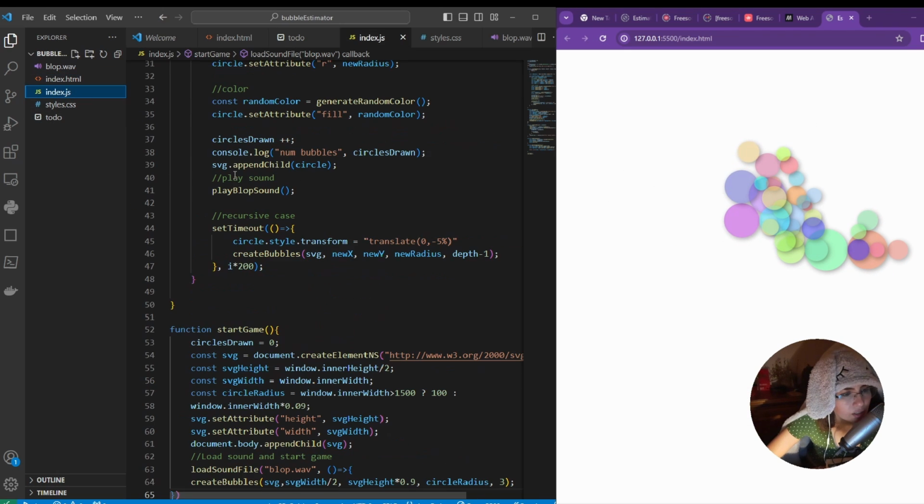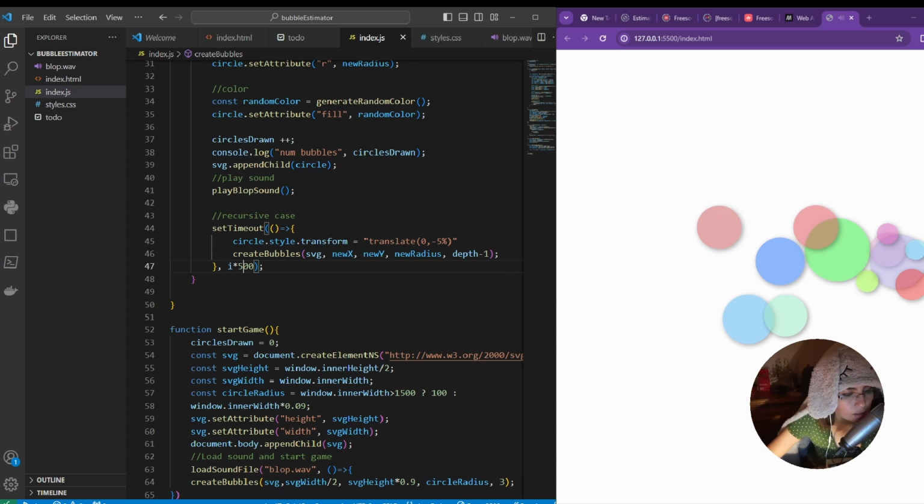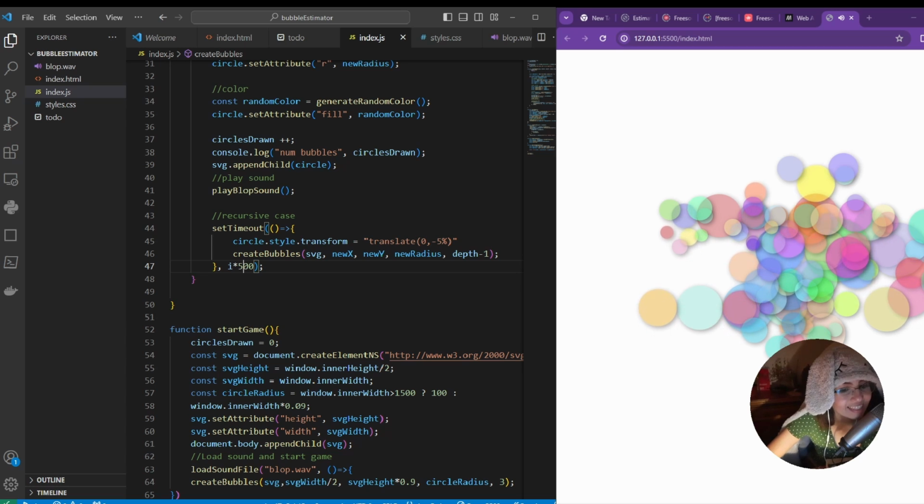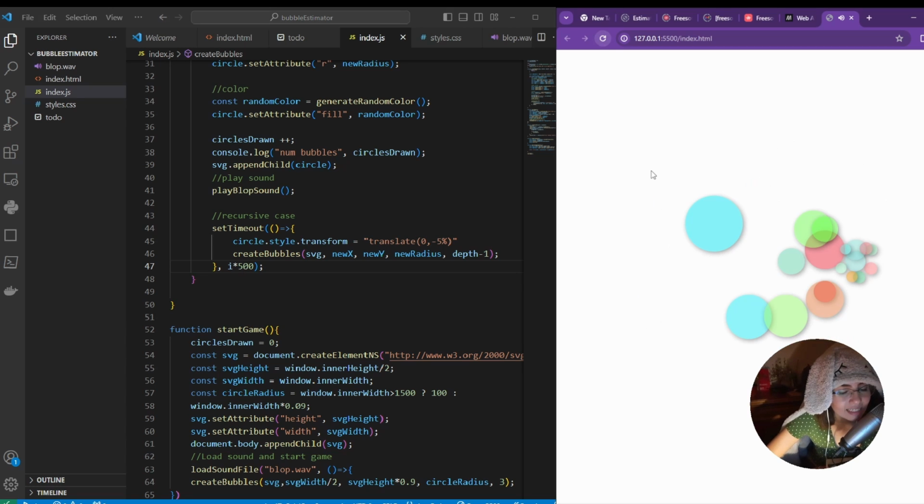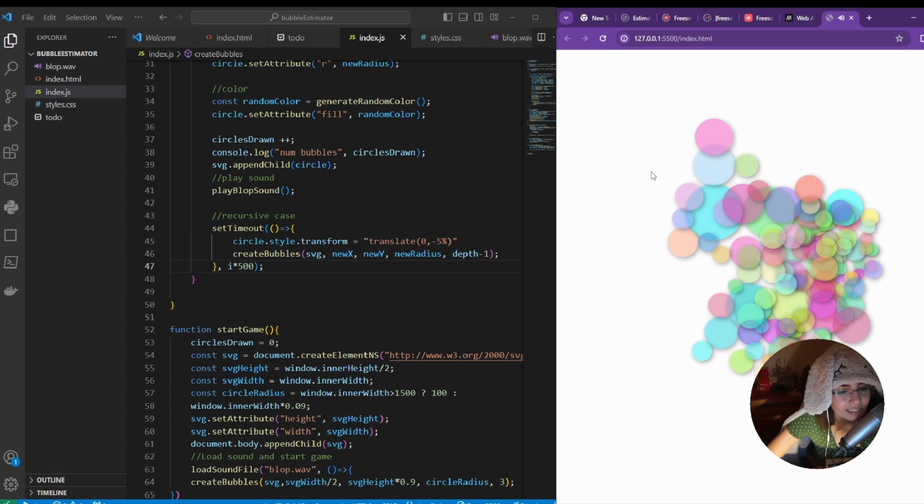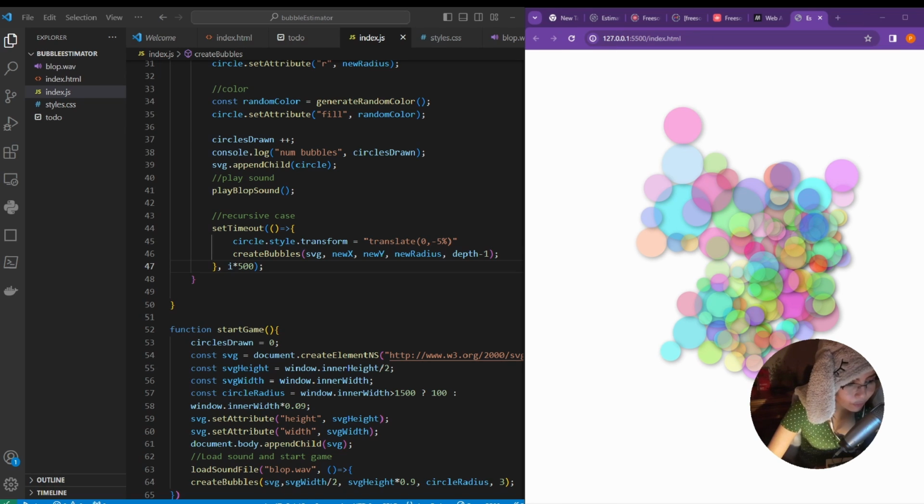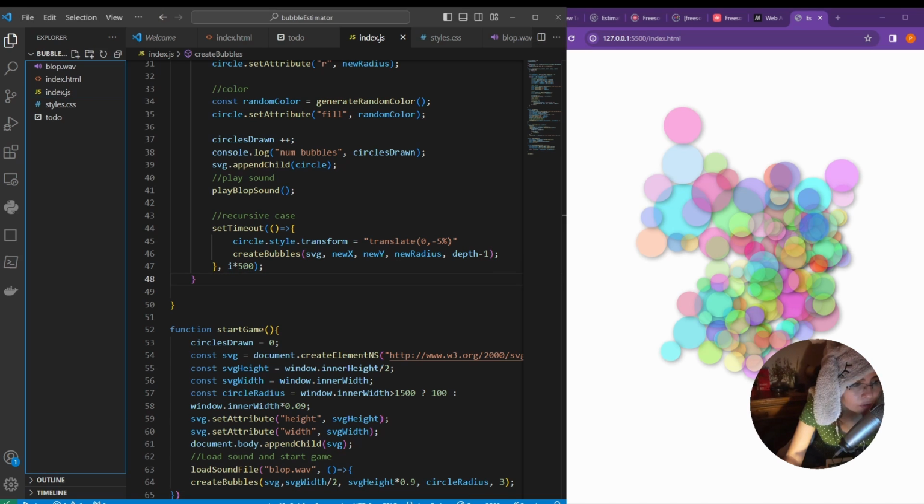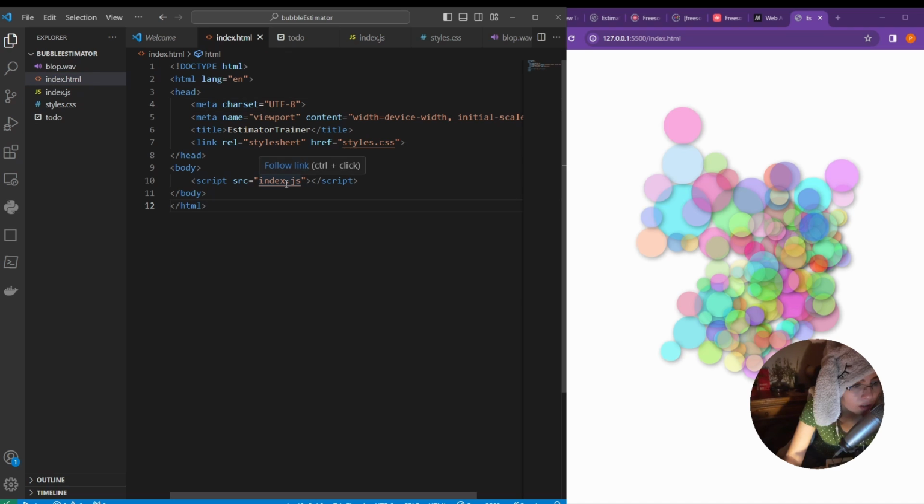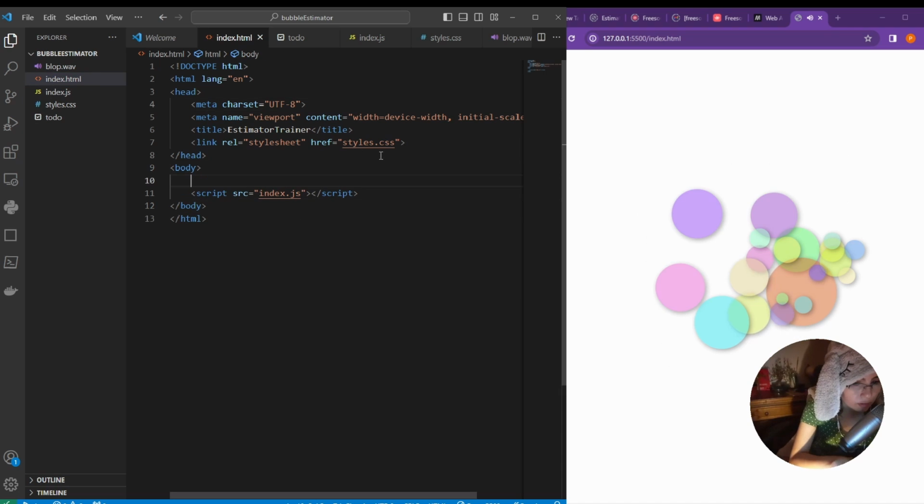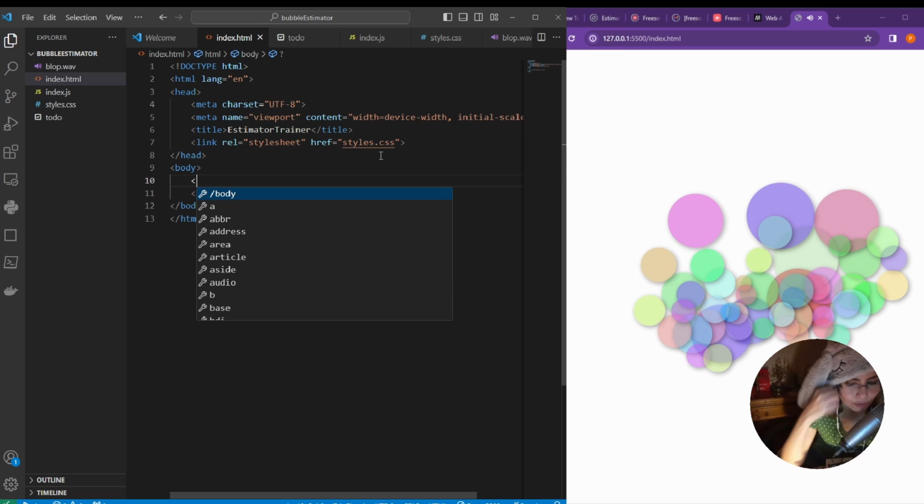How about we change the timeout here? Make it 500. This is nicer. I think this is nicer. Yes, I like it. I'm not sure if I'm crazy about the sound, but for now, I like it. Okay, so let's create the game interface. Every game needs a start game button, I'm guessing. Okay, so let's go to our index.html, and in the body, let's create,